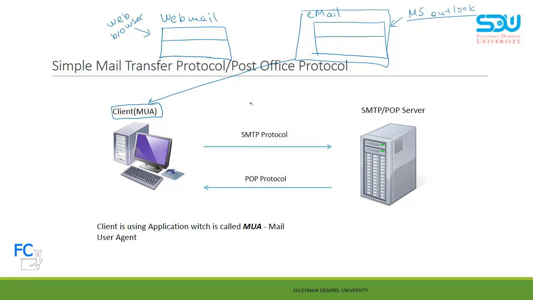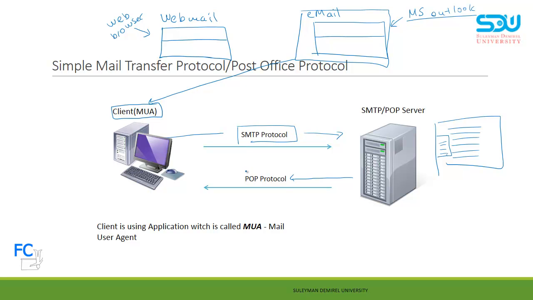When you open this application, your computer makes a request to the mail server, and after you get a reply, you will see the list of messages, the categories of messages, and so on. When you are sending information from the MUA to the SMTP/POP server, you send it by using the SMTP protocol. When you are delivering this information from the SMTP/POP server, you deliver it by using